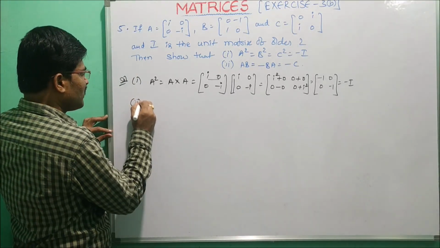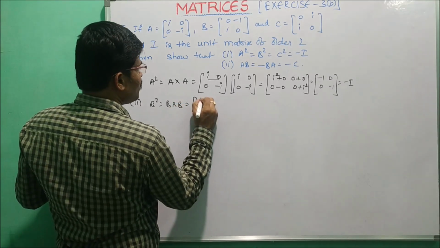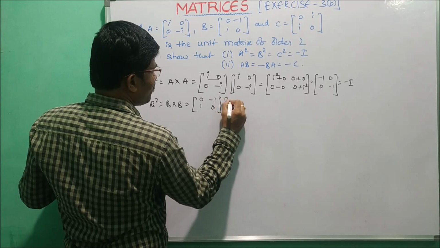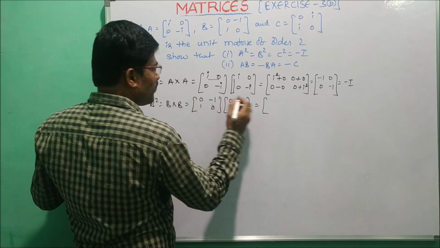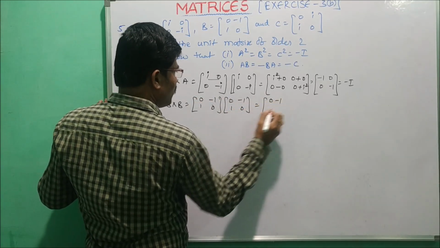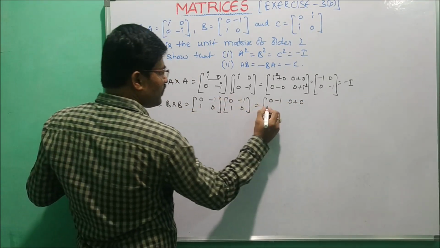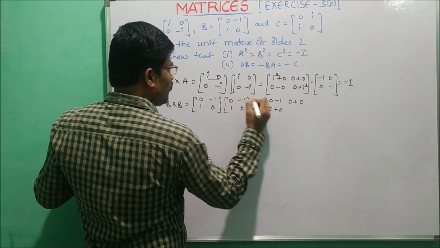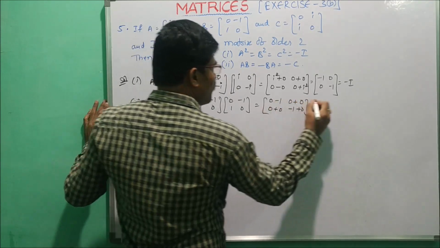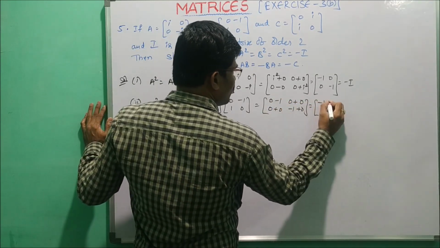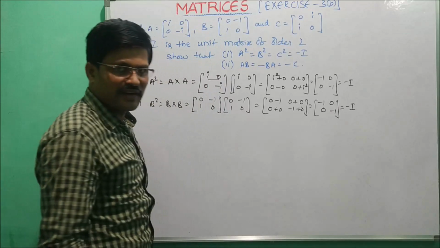Similarly, the second one, B square equals, we write B into B. Now here B means [[0, -1], [1, 0]]. Again we write the same matrix [[0, -1], [1, 0]]. Similarly, we take the product, first row, first column: 0 into 0, 0, this is minus 1 into 1. 0 into minus 1, 0, this is 0, minus 1 into 0. So 1 into 0, 0, 0 into 1, this is also 0. 1 into minus 1, minus 1, 0 into 0, 0. Clearly, it can be simplified that the first element is minus 1, this is 0, this is 0, this is minus 1. Therefore we can also write minus I.